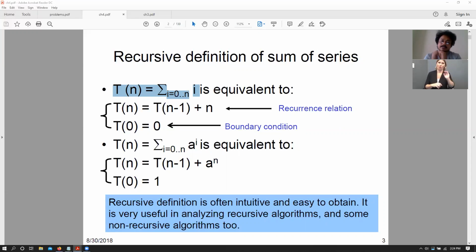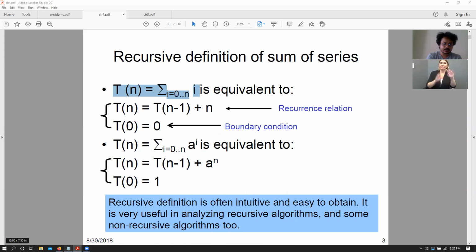Now we are going to look at the same function, some function that takes this amount of time, but we are going to represent this function as a recurrence relation. So if you think about it, let's say that I'm currently at number 5, right, at i equals 5. That basically means all the numbers before it are going to be 0 plus 1 plus 2 plus 3 plus 4. Right. So that can also be represented as T of 4, because T of 4 is going to be 0 plus 1 plus 2 plus 3 plus 4. And then we add another number, that is 5, that makes it T of 5, right?